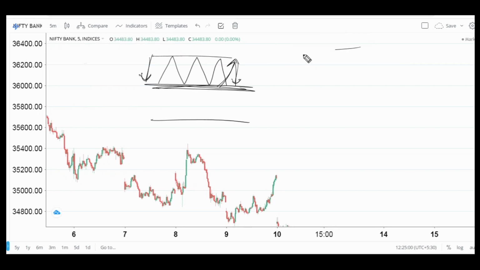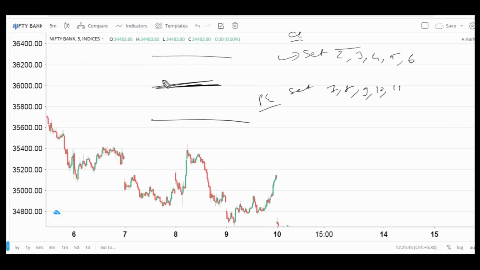So let me explain this with another type of example. Suppose you have made set 2, 3, 4, 5, 6 for C entry and set 7, 8, 9, 10, 11 for P entry. Now suppose the market went up, you used set 7, the market came down, set 2 used, again the market went up. This is for a fluctuating or range bound market only, between 2 levels. I hope via this example I am able to explain better.